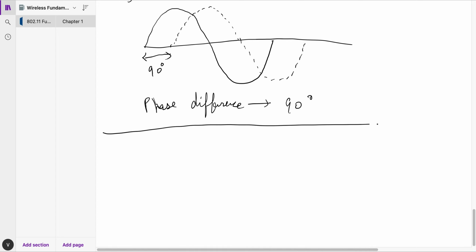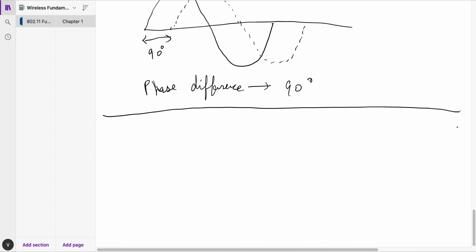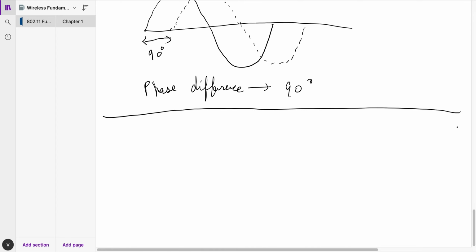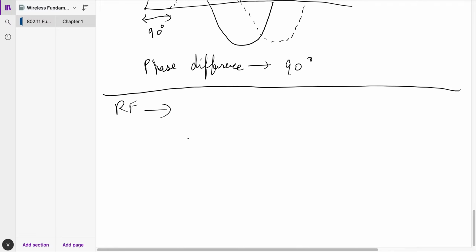The next thing that you need to know, we talked about radio waves, but what exactly is a radio wave? What exactly is a radio frequency? Okay, so what is a radio frequency? We have heard of an electromagnetic spectrum. An electromagnetic spectrum is usually referred to as just spectrum, and it's a range of all electromagnetic radiation.